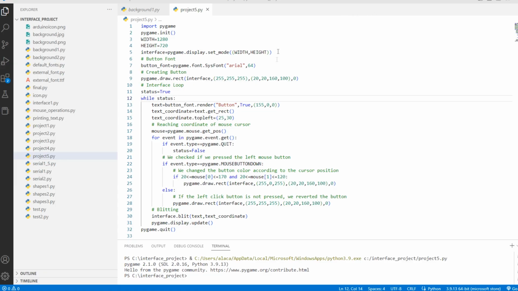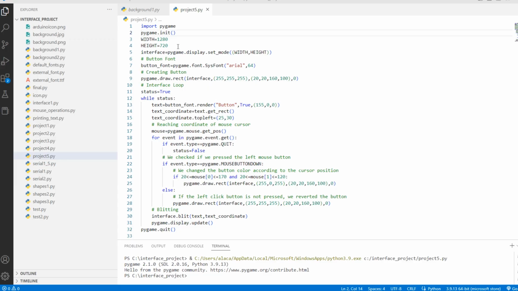When we examine the codes of our project, we first define our module, so you can see here, and we started our module. So for this we called init function in the Pygame module. Next we created our window. We defined its size as 1280 by 720 pixels.